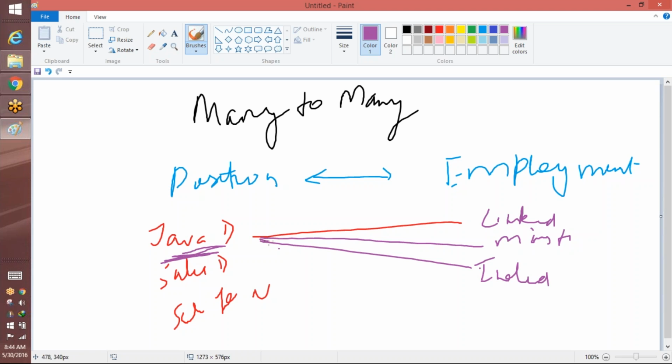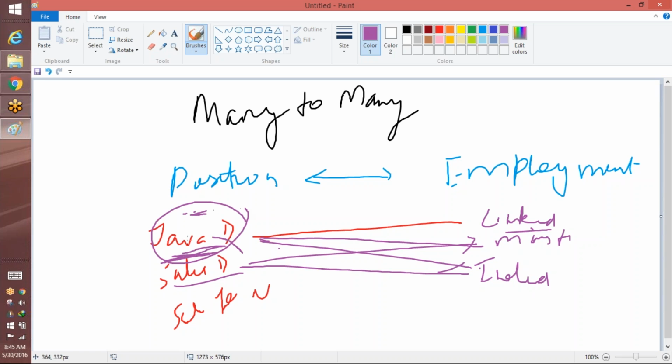So this is one to many, and similarly, the Salesforce developer is also, let's say, listed on the monster.com as well, or on the Indeed. So this is a many to many relationship, right? One particular position can be listed on many employment websites, and one employment website can have many positions. So on LinkedIn, you might get a position for Java developer as well as the Salesforce developer, right? So this is not a